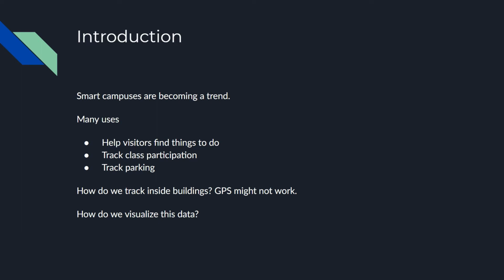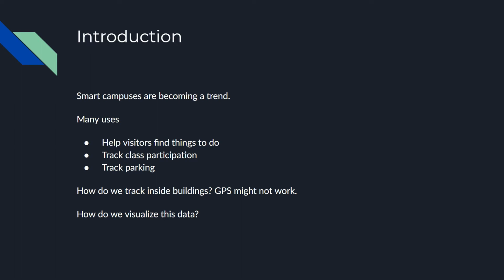So what this is for is it can help visitors find things, it can help faculty and students on the campus find things on campus and find out what events are happening, and the tracking can be used voluntarily to help track class participation, other events the student might need to go to, or even track what parking is available on campus. Now, the trouble is, GPS might not always work on smartphones inside buildings, especially the kind